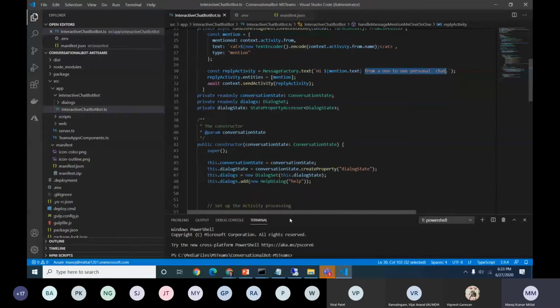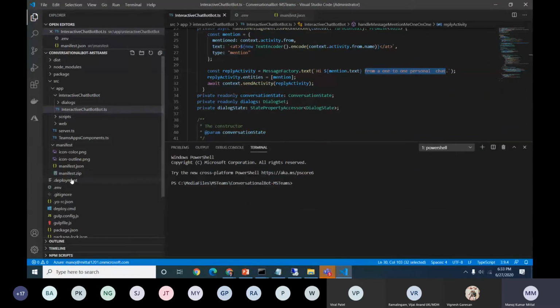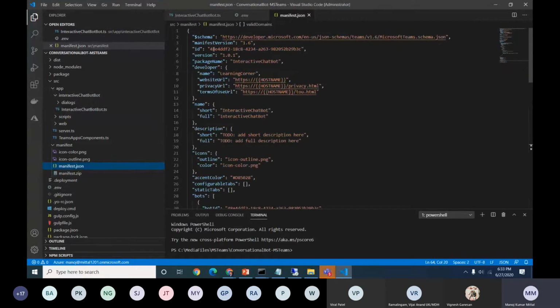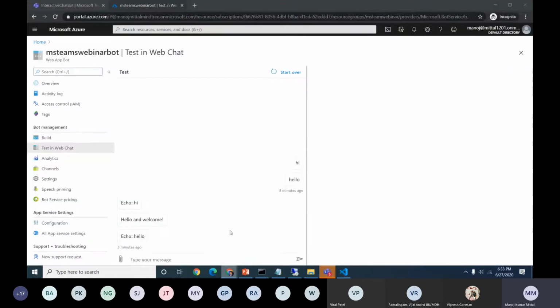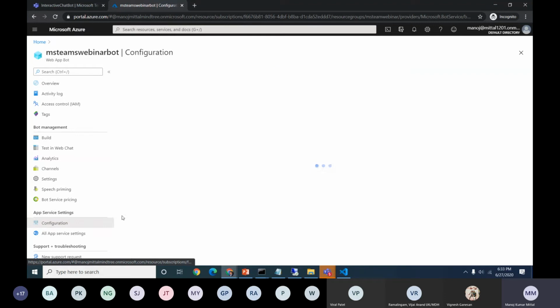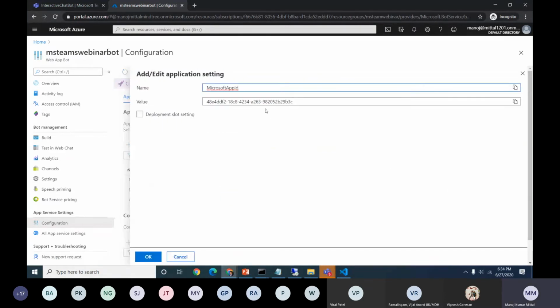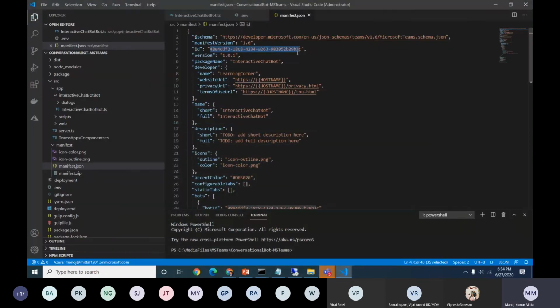Okay. So let me run this section. And if you see the manifest file before that, this is the manifest file. If you see here, this is the ID section. This ID is the same as what we have in the bot. If I go here to configuration, it will come as Microsoft App ID. It's just 48, you see the B3C, the same. Once I minimize it, the same message I have already typed here, and the version numbers we can give here, and just a package name.